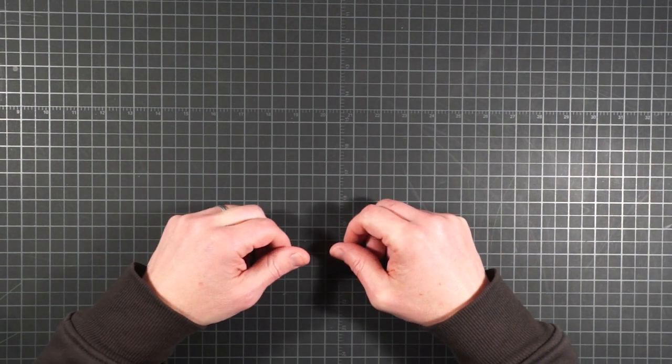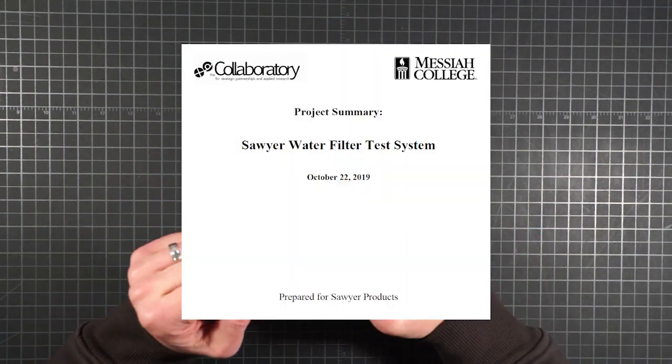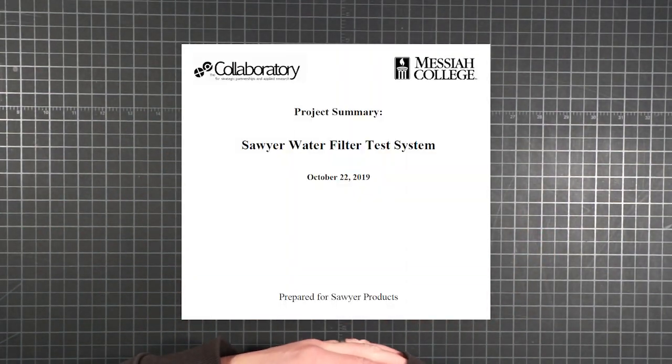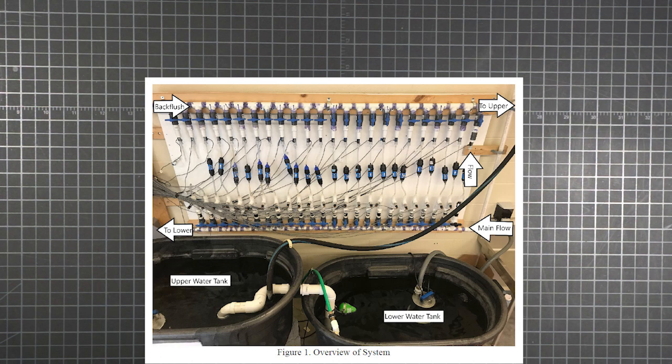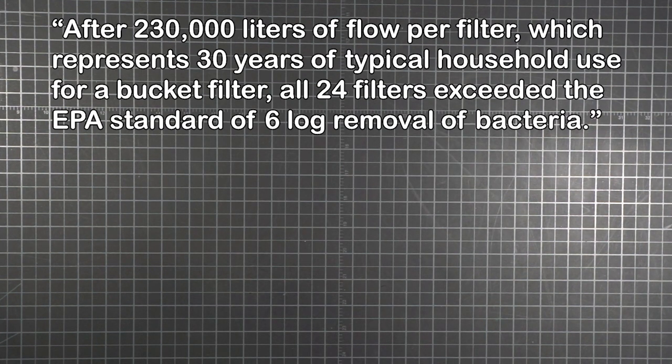Okay, so theoretically you can backflush it harder, but 100,000 gallons? Messiah College did a study for Sawyer where they rigged up 24 filters in an apparatus to pump water through them, including the ability to regularly and forcefully backflush. Over a year of testing, 62,000 gallons of water were put through each filter, and then each filter was tested for integrity. After 230,000 liters of flow per filter, which represents 30 years of typical household use for a bucket filter,